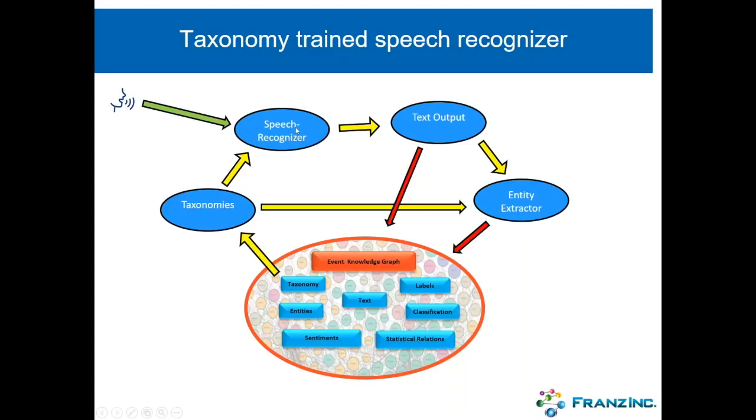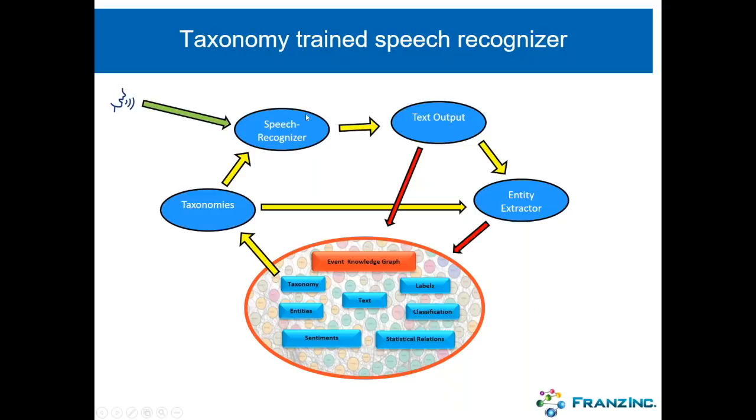But you might have noticed when you do your own speech recognition on your phone or other things, speech recognizers are really bad at complicated product names, or names of people. So one of the innovations that we did, and this is really a new thing that helps us a lot, is that we can take a taxonomy that we built, and then use all the preferred labels and the alt labels to actually train the speech recognizer, so that we get way better text output.